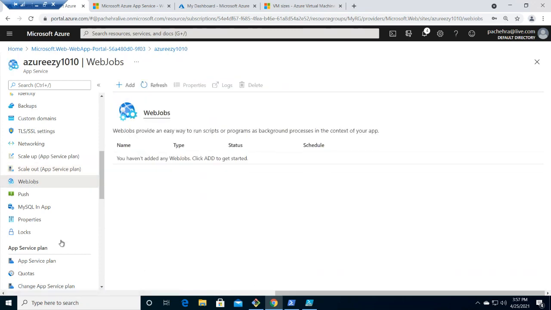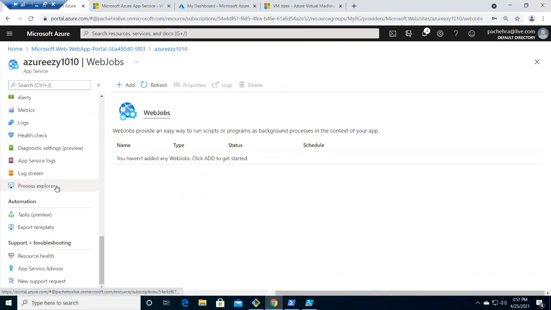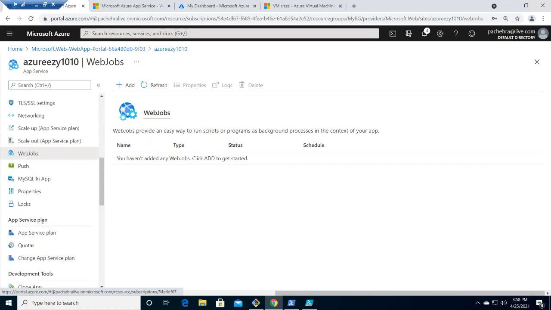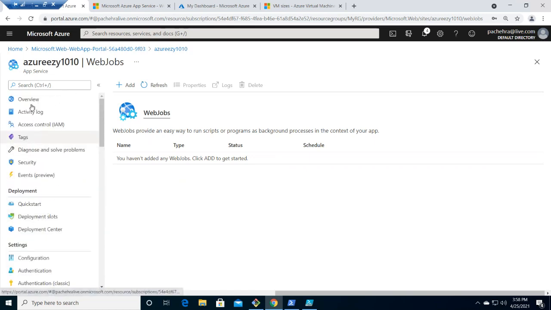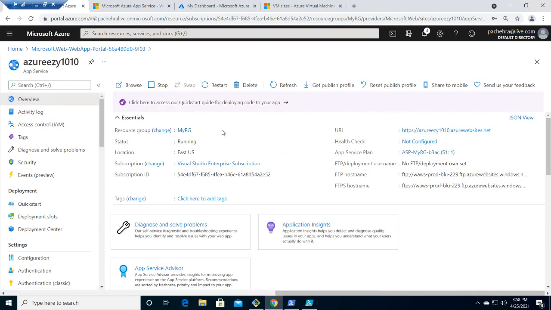Web jobs. Web jobs is a feature of this app service that enables you to run a program or a script in the same instance as a web app or API app. There is no additional cost to use web jobs, and this is a wonderful feature, right? So these are all the features there. A lot will be covered in the upcoming videos or sessions. So let me show you if I could right now.